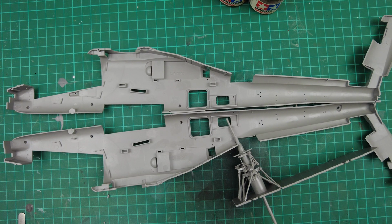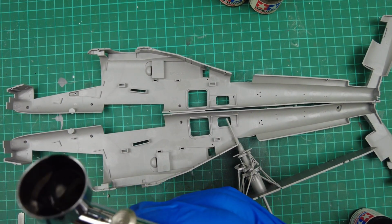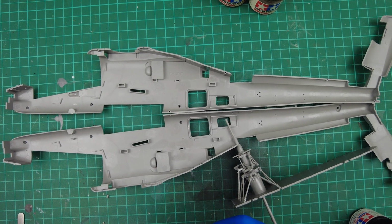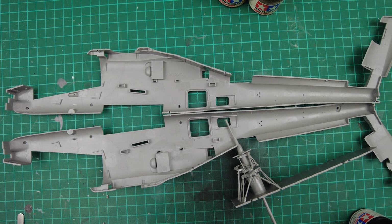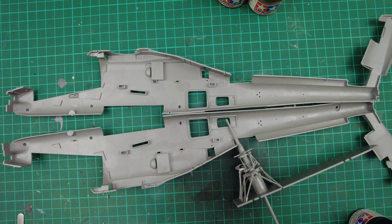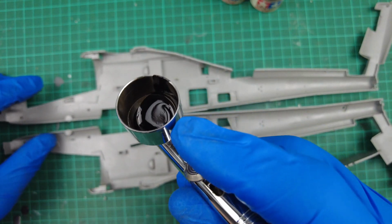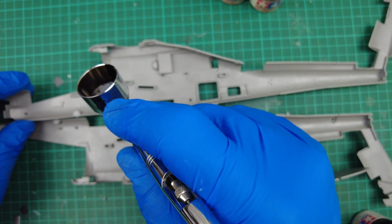I'm using my venerable, get some length on my cable here, caught up under the desk. So I'm using my venerable DeVilbiss dagger. That's got a 3.5 needle in, so it'll chop paint out all day, but it'll be fine for what we're needing. So what I'll also do is just,